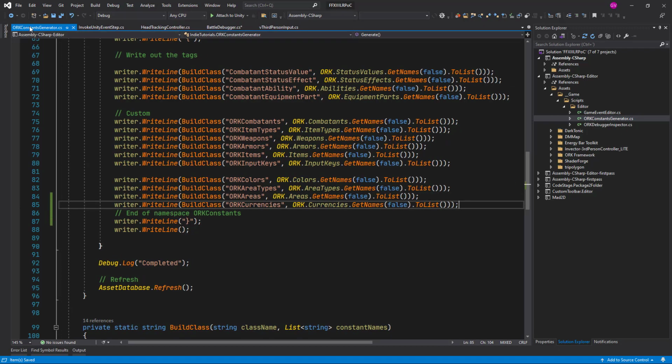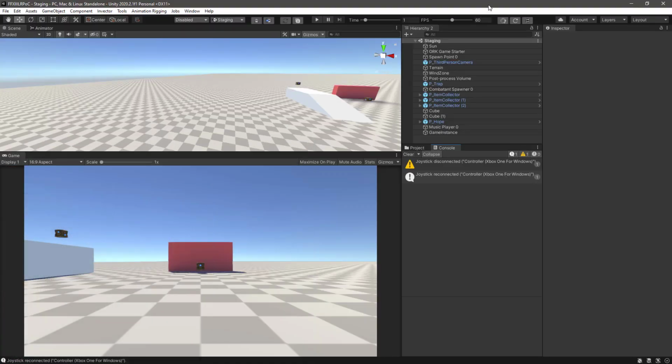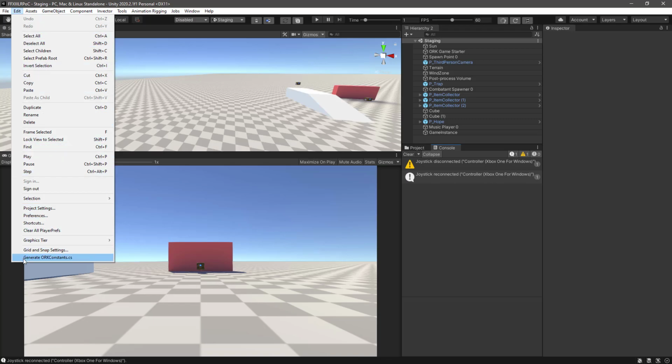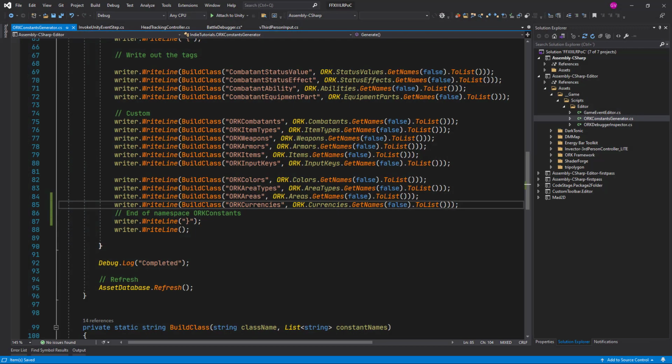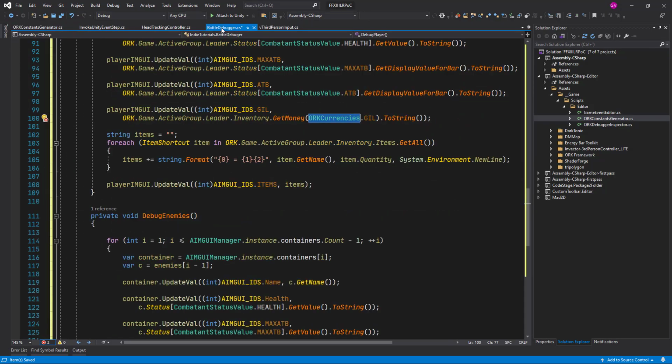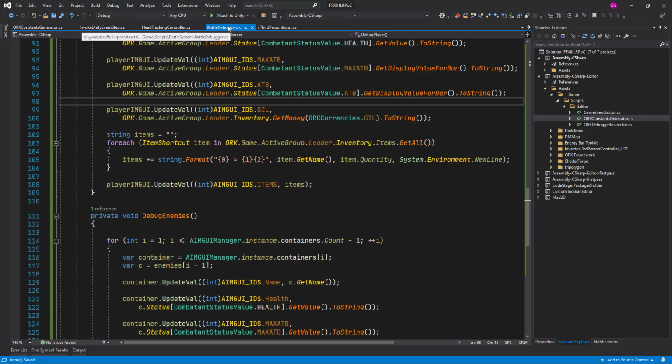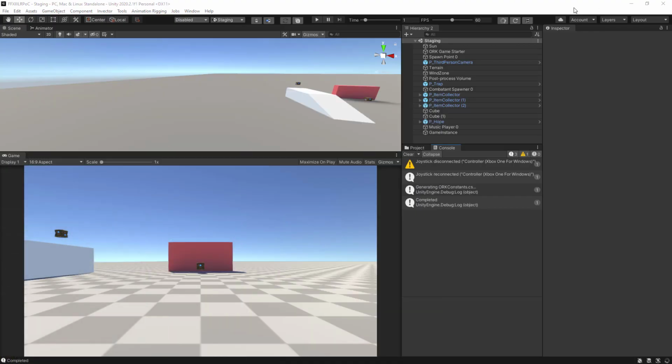Save the script. Pay attention that we haven't saved yet the battle debugger, so we can go to the editor and now go to the edit, generate ORK constants, and go back to Visual Studio. And if we go back to the battle debugger script, now the reference is there. Okay, so now we can save this script, battle debugger, go back to the editor,